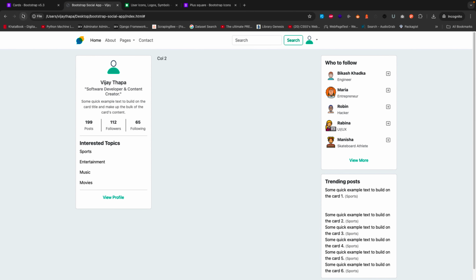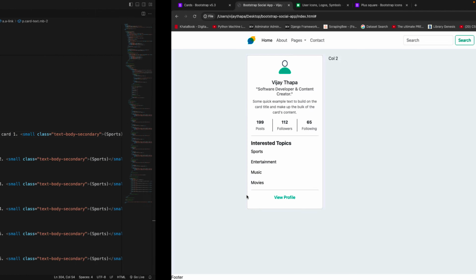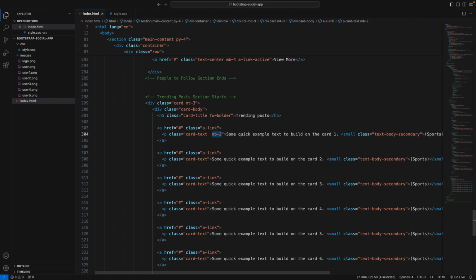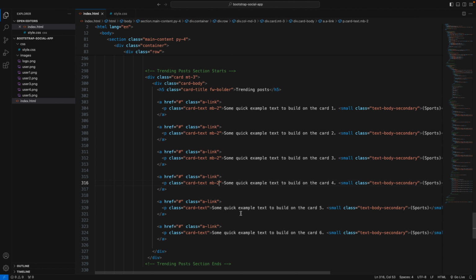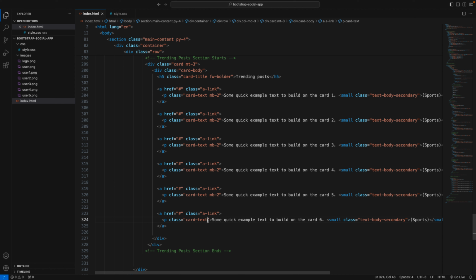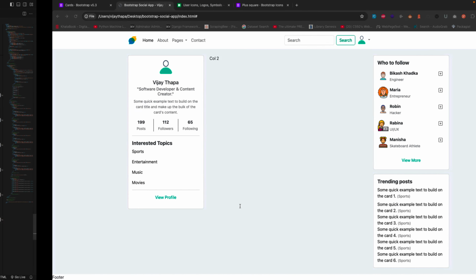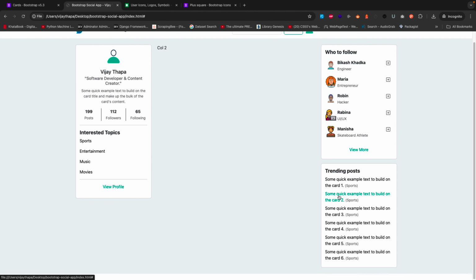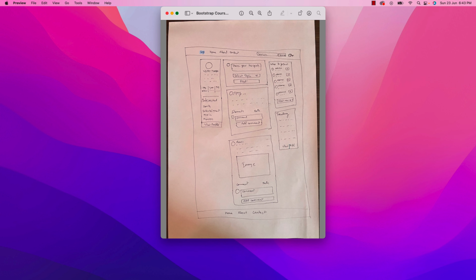So let's go back. I want a smaller space, so I just gave margin bottom 2. So I'll just copy, I think spacing also a bit more spacing here. So I'll just copy margin bottom 2 from paragraph tag, and we'll paste along with card text in all the trending posts. Okay, card text margin bottom 2, card text margin bottom 2, margin bottom 2. You can add more margin as you like. Okay, so I think margin bottom 2 is quite good for now. Now save it, go back to browser, and if I refresh it, we have 1 2 3 4 5 6 different trending topics. Now at the end, if we go and check, we need to add another a link